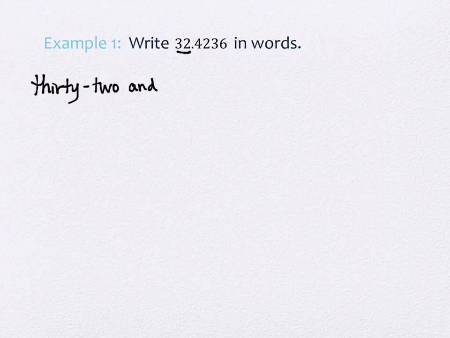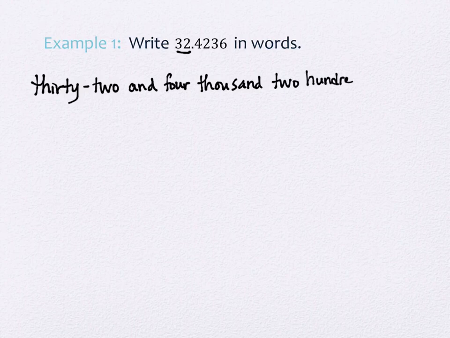And then after that, what we do is we take this number and we write it out in words first as though it's independent of the other number. So this number is 4,236, right? So that's what we're going to write down. We're going to write down 4,236. It's hard for my brain not to write digits, actually. And after we've written the word out representing those 4 digits as a 4-digit number,